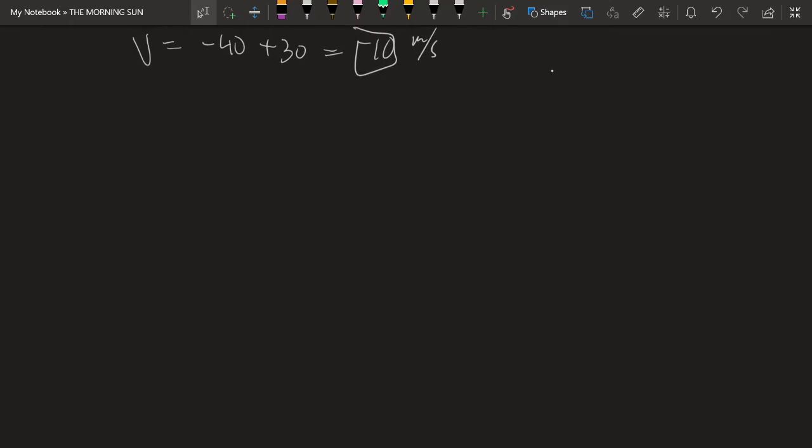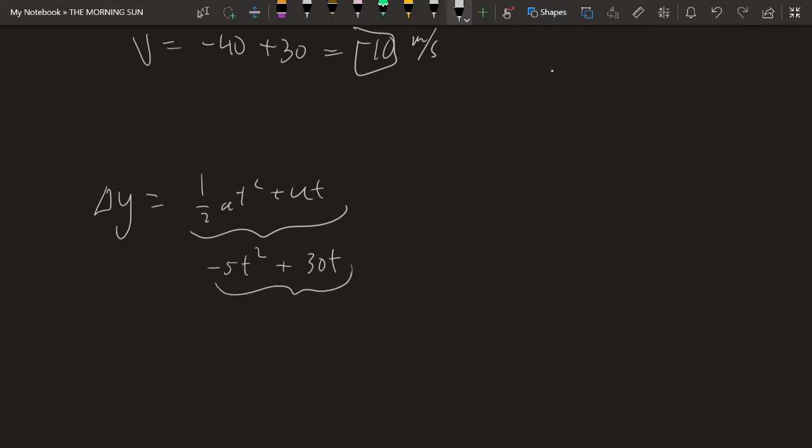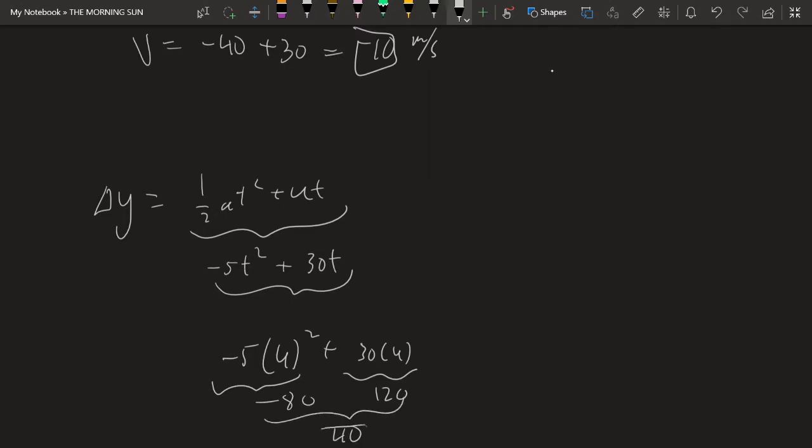Part 3, find the height after 4 seconds. Well, we know that delta y is equal to half at squared plus ut. We also know that a is negative since the ball is thrown upwards, so minus 10 over 2 is minus 5. You have t squared plus u is 30, and you have the time. They're telling you find it after 4 seconds, so it's going to be minus 5 into 4 squared plus 30 into 4. This equates to minus 80 and 120, and you subtract those, you get 40